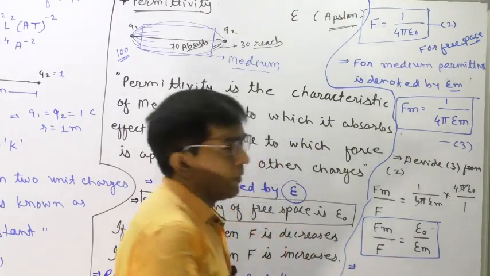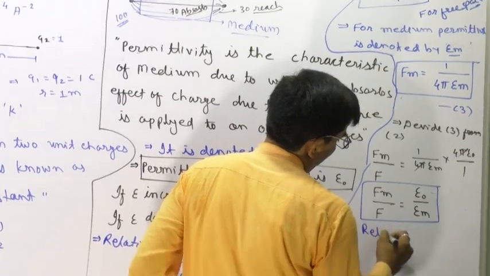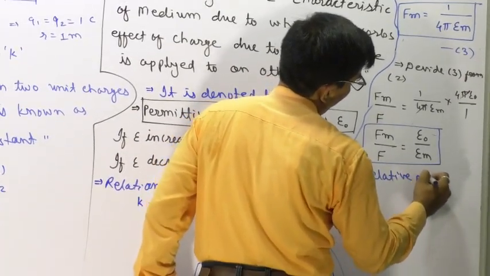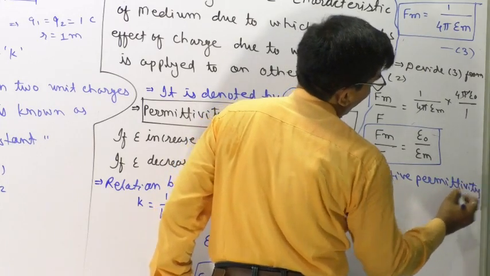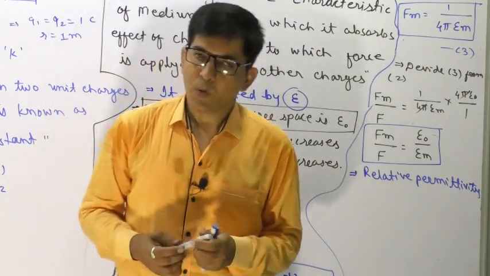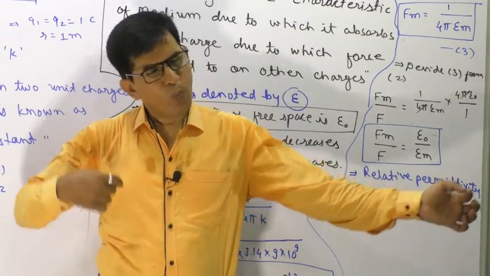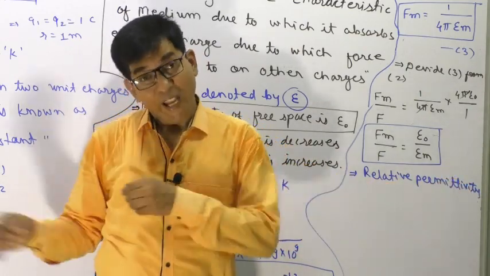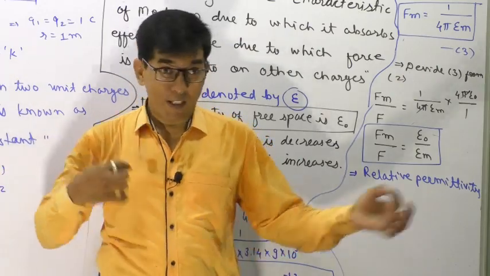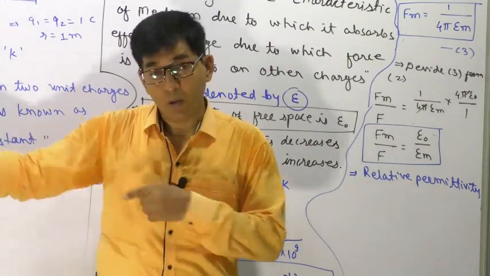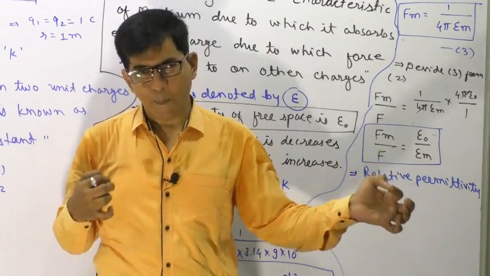Before that, one more word, which is relative permittivity. What is meant by relative permittivity? We have decided 1 unit, 1 meter. Then we will measure anything which is 3 meters, 5 meters, 6 meters long, and we will say this is 6 times long for our particular unit. So this is the fundamental unit.